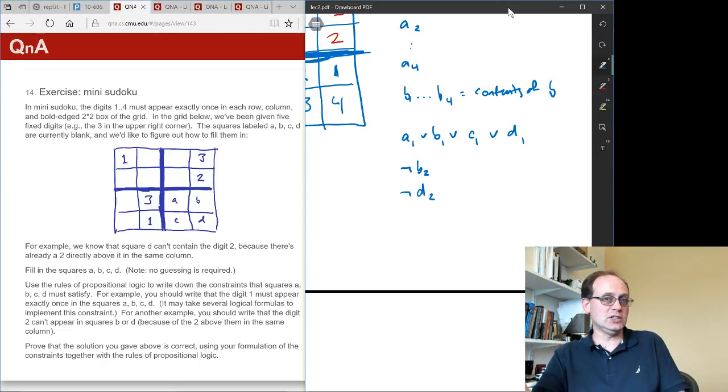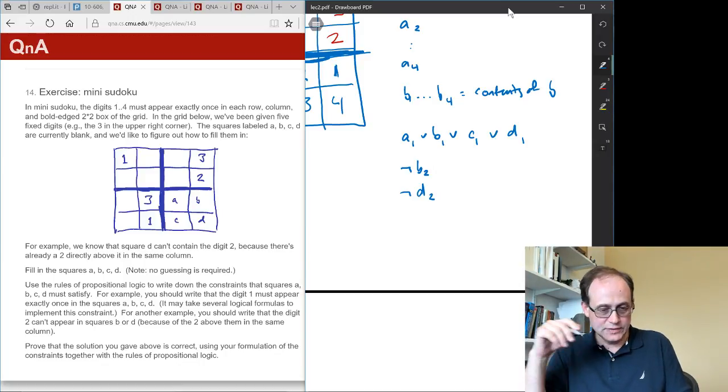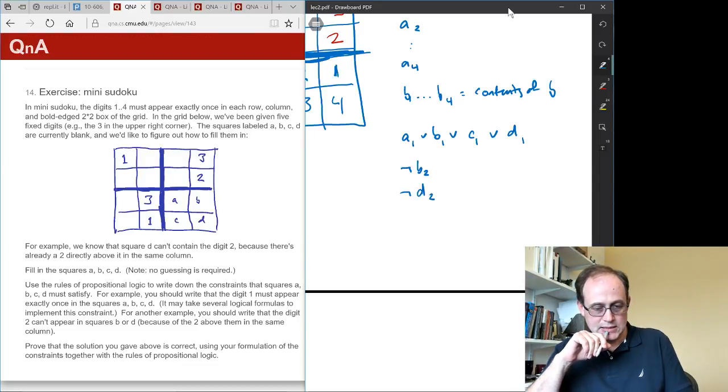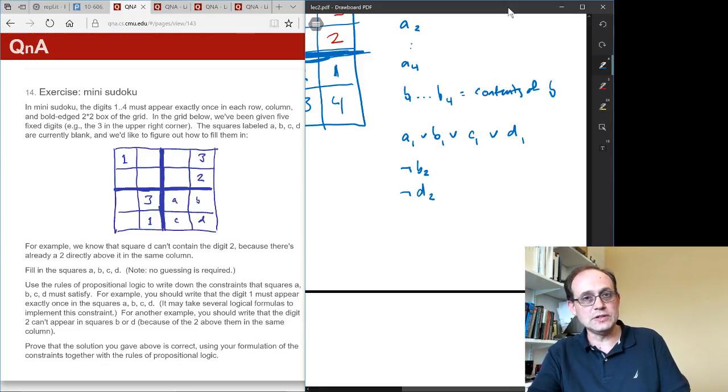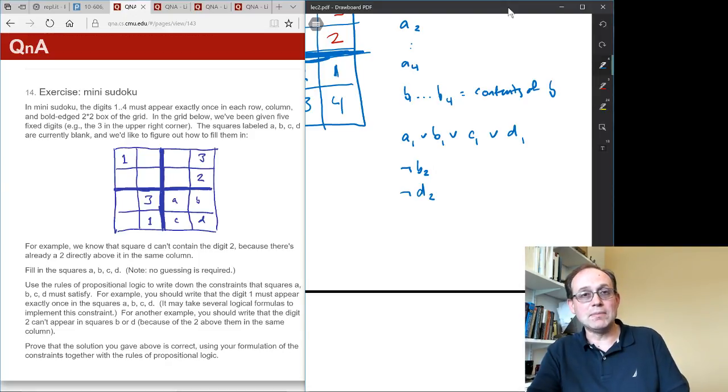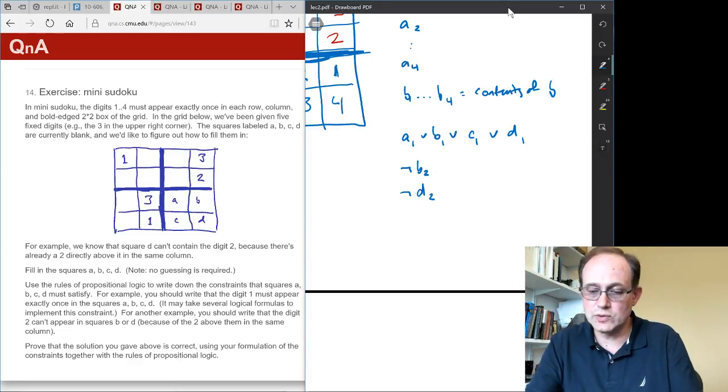Sometimes some bit of English language text might take several formulas to write out. So let's see if there's an example of that. Oh yes, so this formula shows that 1 has to appear in at least one of the cells A through D. We should also be able to write that it appears in at most one of the cells, right? So to write that out,